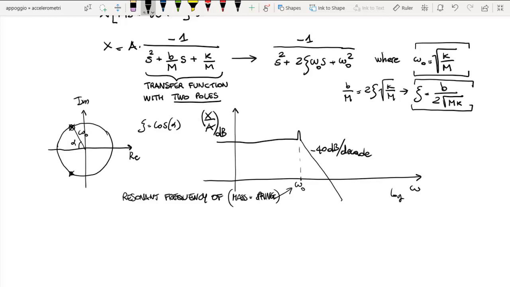Okay, so just to show you an example with the hand. If this is the rest position, this is, let's say, the internal wall of the case, and this is the position of the mass. This is the situation in which the mass is when the acceleration is 0. If there is some acceleration, the mass is moving this way. If we increase the acceleration, the mass is moving this way, and so on.